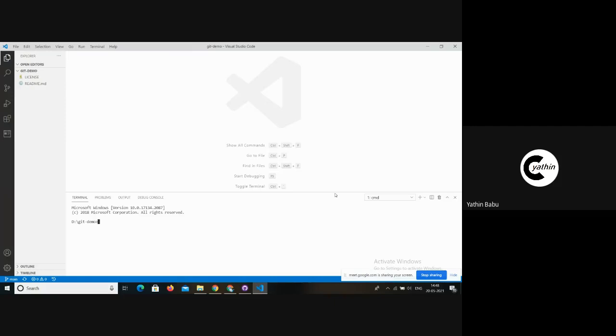It is very similar to the command prompt that we normally use in the Windows system. Microsoft Corporation has integrated a miniature version of the command prompt within Visual Studio Code. As you can see here, there is a license file and a README.md file, and I will create some new files along with this.